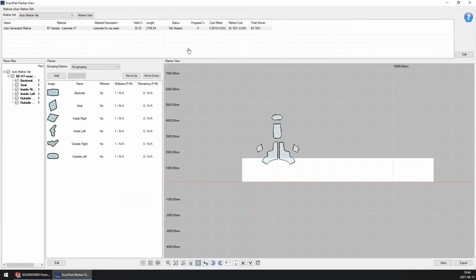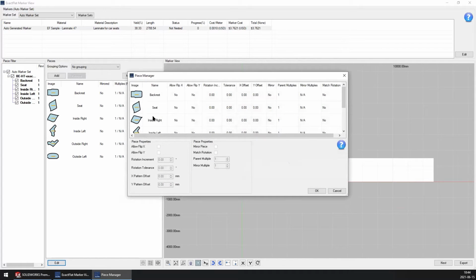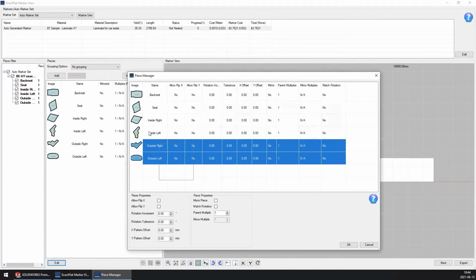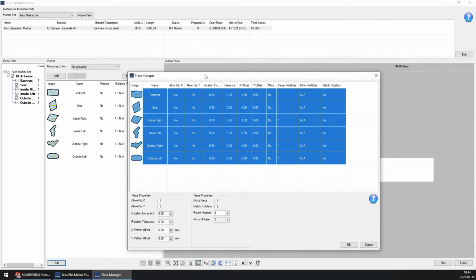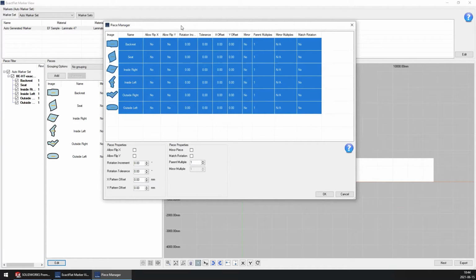And so once your marker properties have been set, we can then move on to our pattern piece properties. So we're going to go ahead and click the edit button here, and this will bring up the pattern piece properties. We can adjust these properties on a per pattern piece basis, or if we want, we can select every single piece in the list and adjust these properties for every single piece simultaneously. For each piece, we can adjust the rotation increment and the rotation tolerance. The increment is the increment at which rotations occur. So for the default lay rule applied here, we picked anyway, which means that our pieces can rotate in any